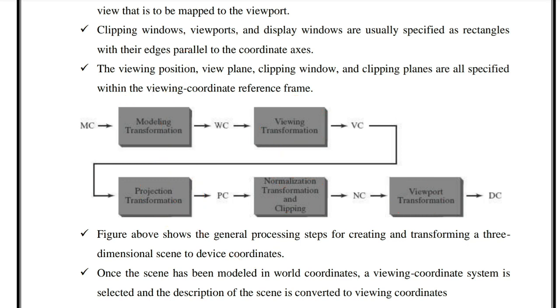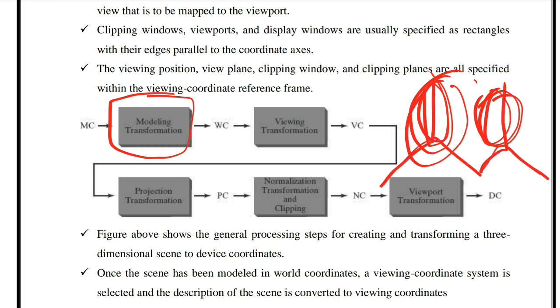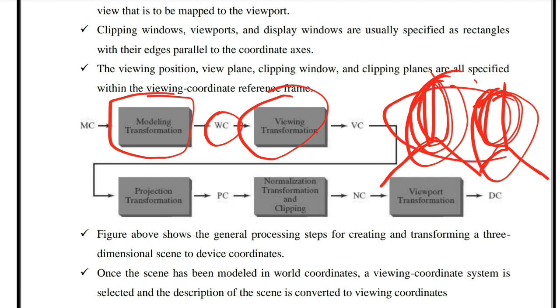So let's discuss what the different topics here are and what they mean. First is the modeling transformation. Modeling means, if you have different objects like a bottle here and a ball here, bottle and the ball individually you will capture their size and all, that is known as modeling coordinates. So what are the individual sizes of these things? That is the model coordinates. World coordinate, WC means world coordinates, okay. World coordinate means you will combine this and then see what is the length and size of everything,